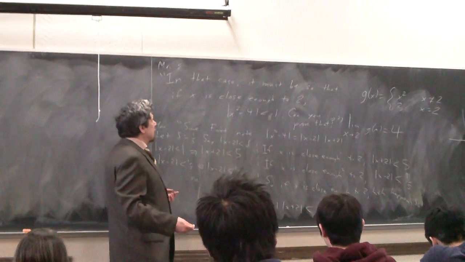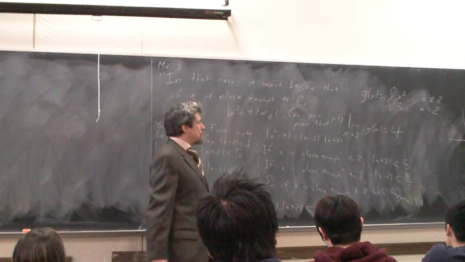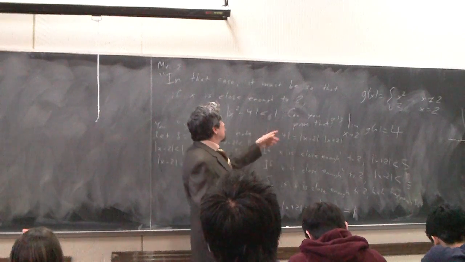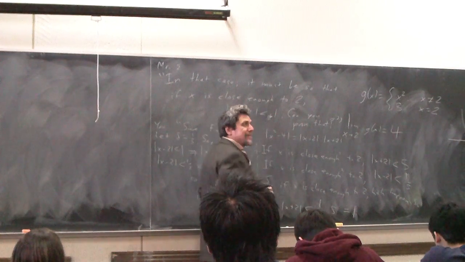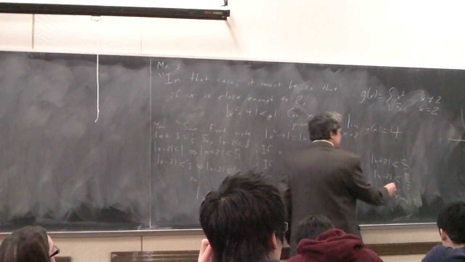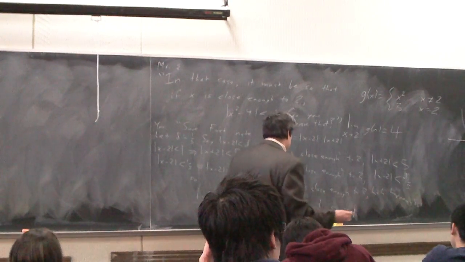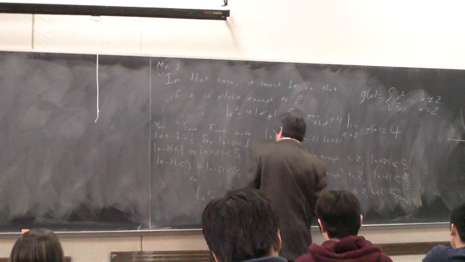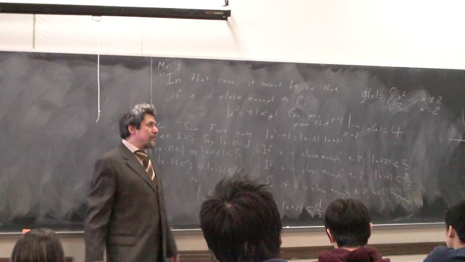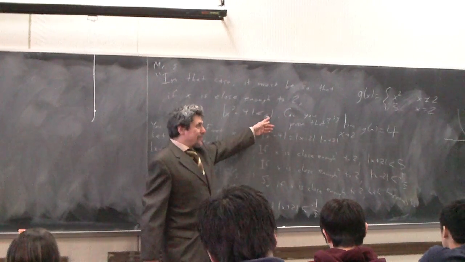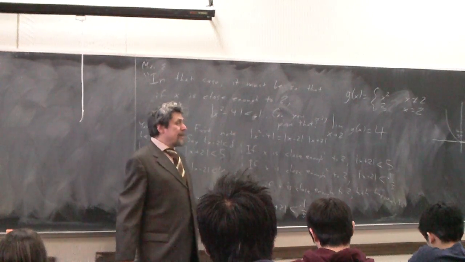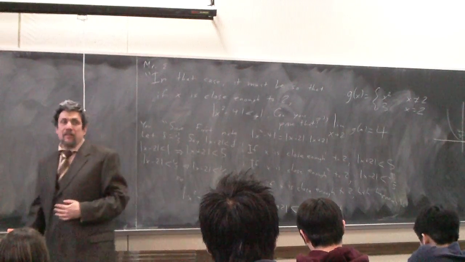Now what if he says, okay, that's wonderful, fantastic. And then the next question, in that case it must be so that if x is close enough to 2 and this is less than 0.1. Can you prove that? And then you say, sure, I can do that. I'm just going to change all the ones here to the 0.1. And then you just spend the next 15 minutes giving you various tolerances, and you just deal with them all the same way. And then finally he says, okay, in that case,